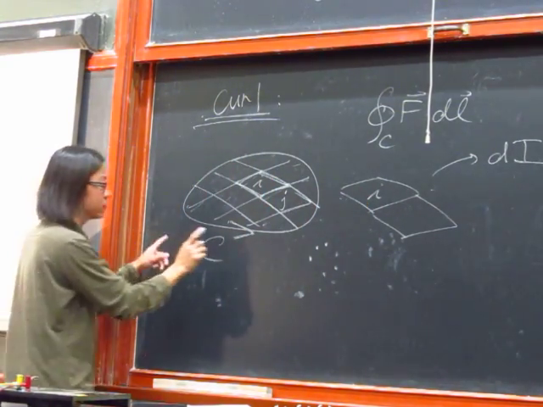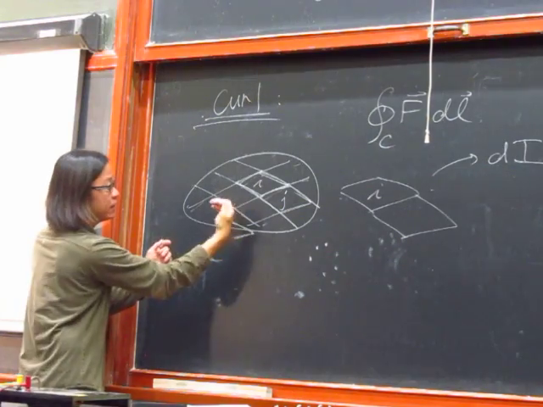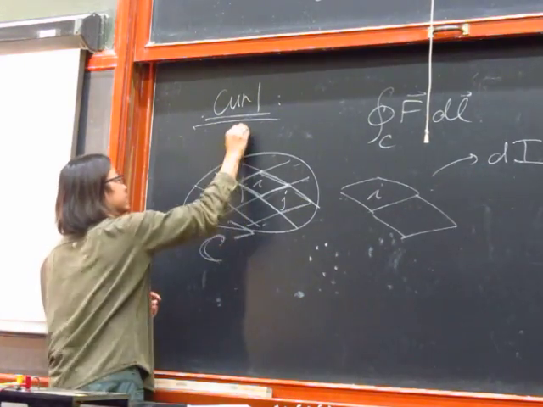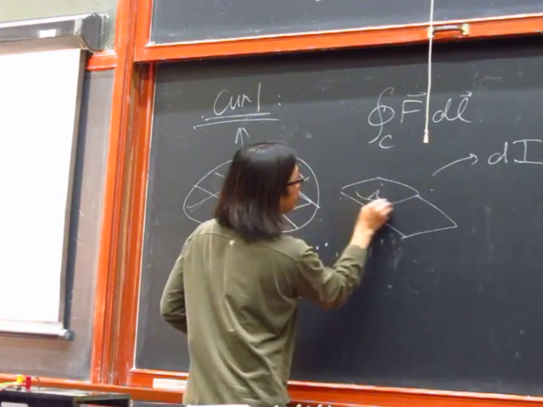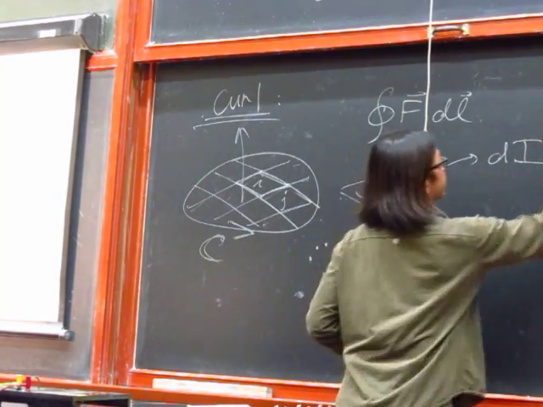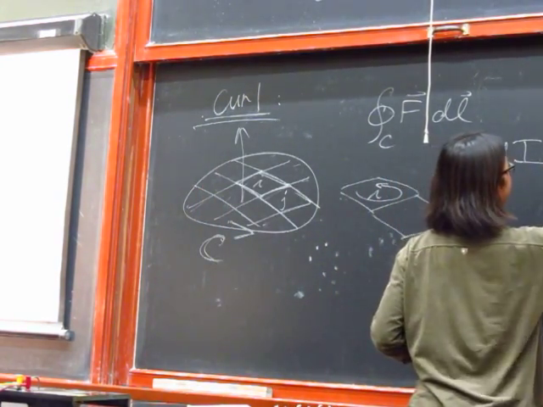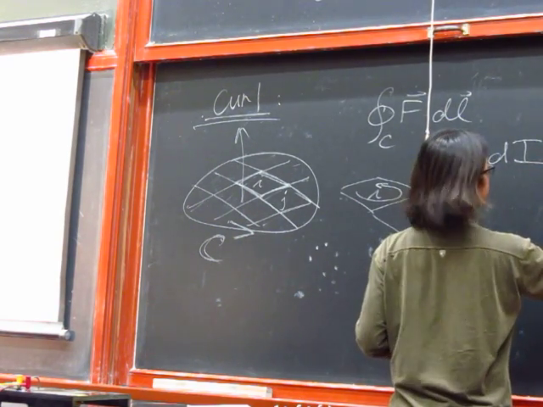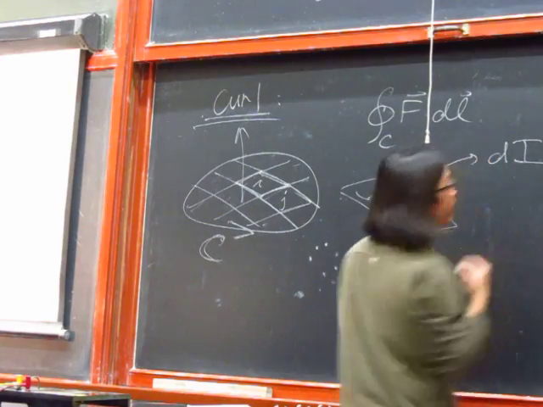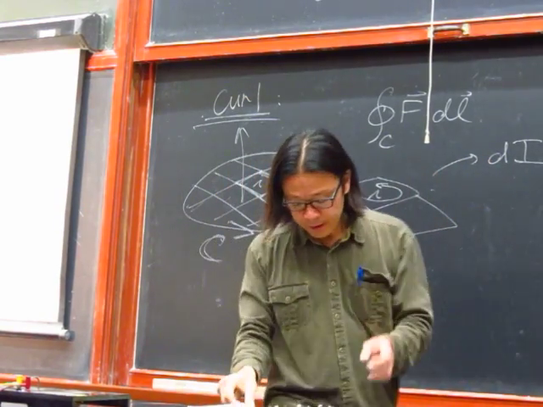In this case, C goes this way, so the positive surface is that direction. So if I look at the line integral here, the integral of F dl over loop Ci,